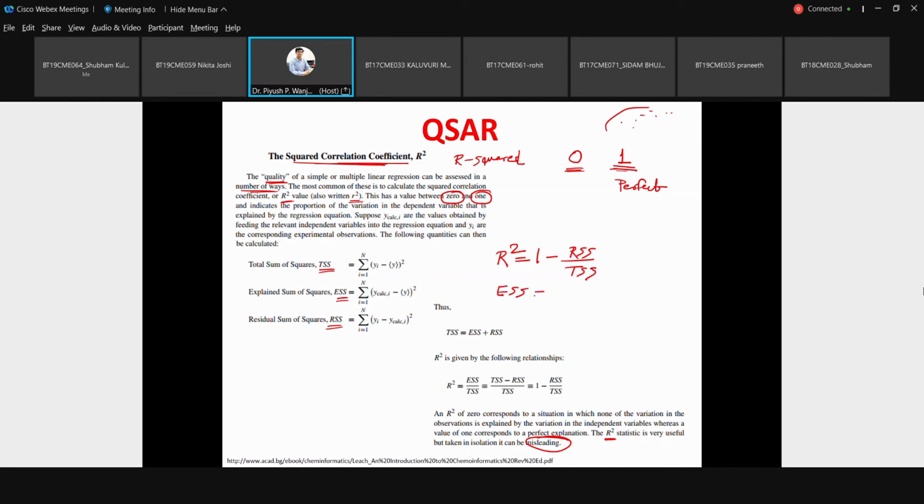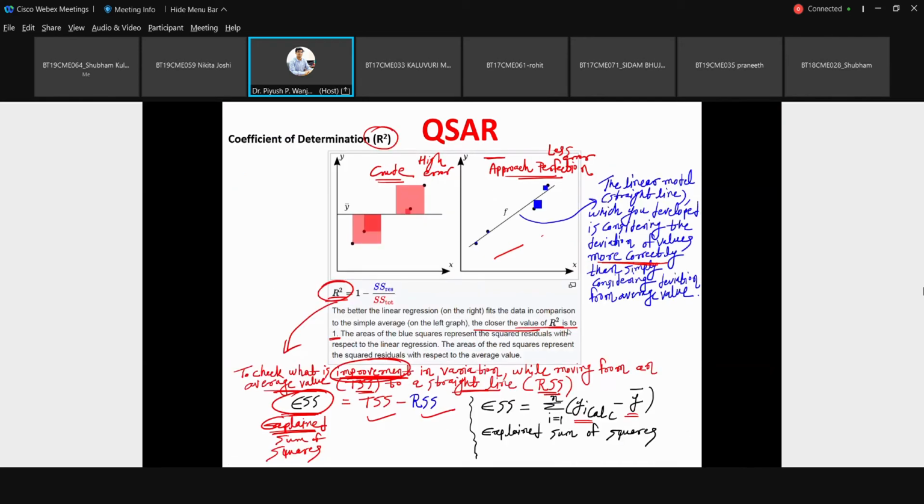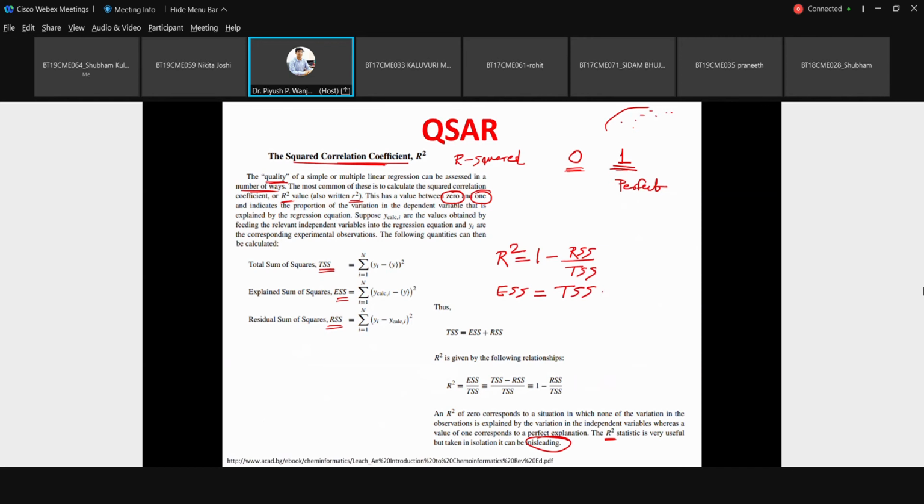What was the formula for ESS? If you see the earlier slide, the formula was the total sum of squares and its difference with the RSS. So you can consider this R square is nothing but proportional to your explained sum of squares. It is explaining what is the improvement. But there is one more factor coming. We are dividing it again by TSS. So it is eventually becoming 1 minus RSS by TSS.